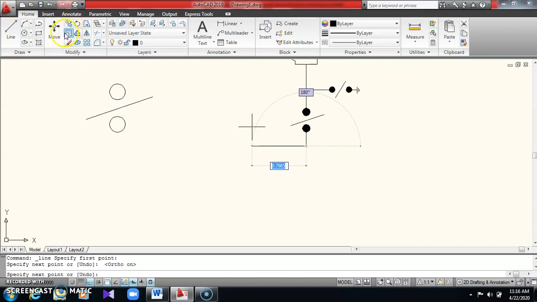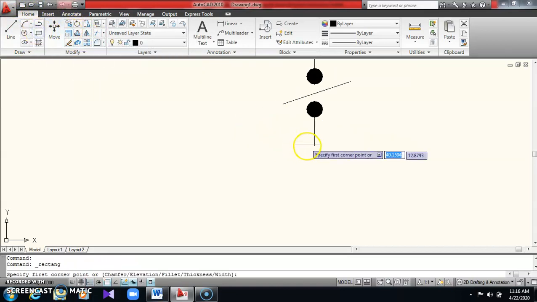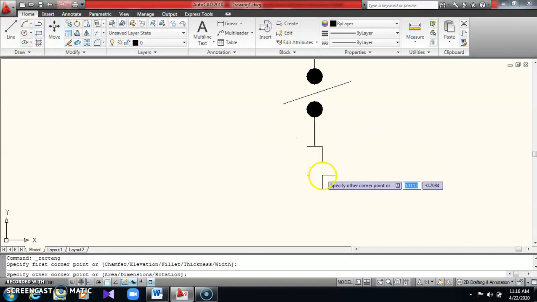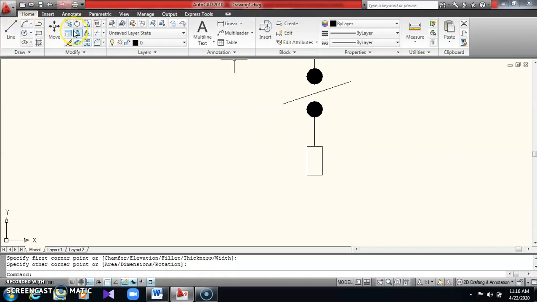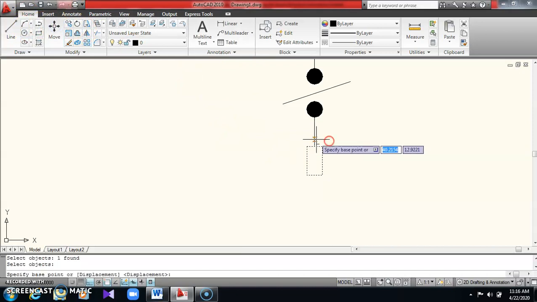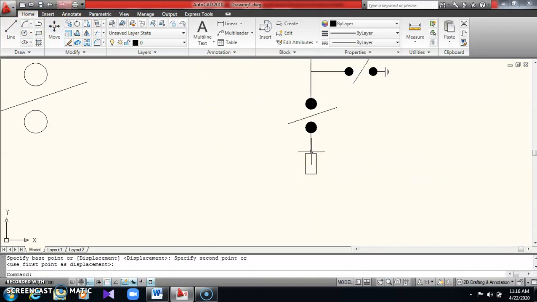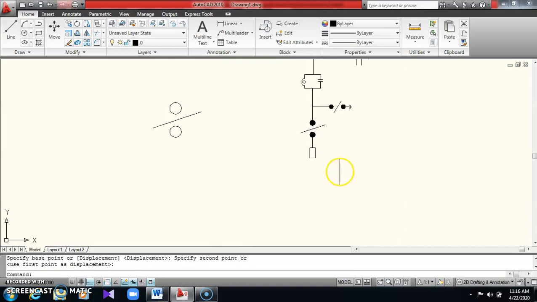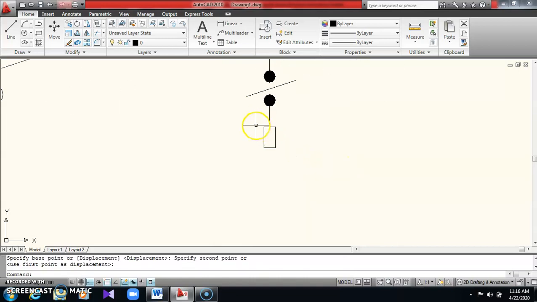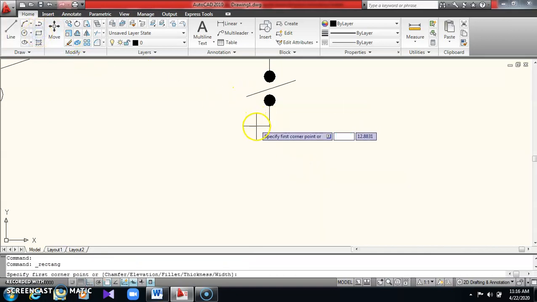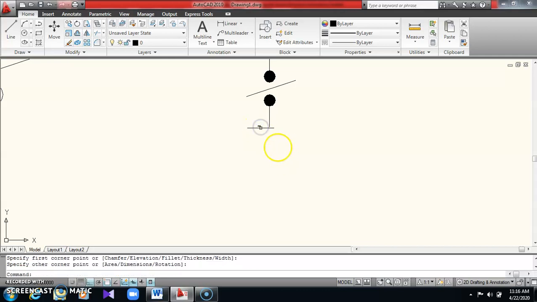So now take a rectangular box, okay, and move this. Join over here, okay. So now better I'll draw the circuit breaker a little bit more size than the isolator.